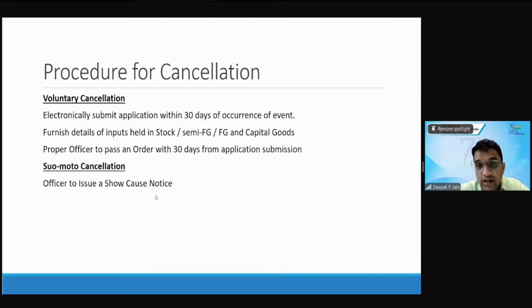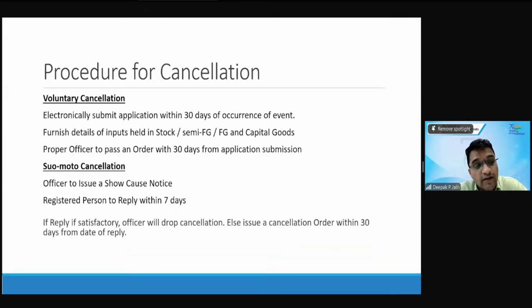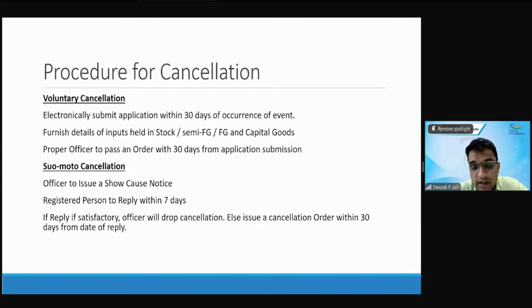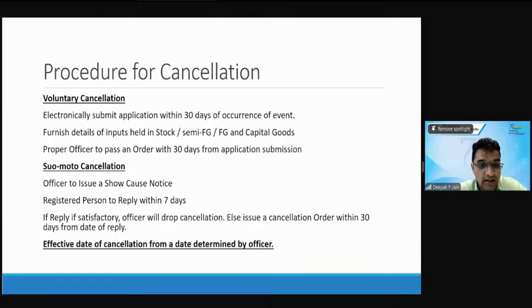So in suo moto cancellation officer will issue a show cause notice, क्योंकि वो कैंसिल कर रहा है। जैसे हमने कहा कि प्रिंसिपल्स ऑफ नेचुरल जस्टिस, अगर मेरा रजिस्ट्रेशन कैंसिल कर रहे हो तो मुझे अपॉर्चुनिटी तो दो। तो वो अपॉर्चुनिटी के लिए प्रोसीजर है कि उसे एक शो कॉज नोटिस देना पड़ेगा। Then registered person will have to reply within 7 days. आपको क्यों कैंसलेशन नहीं करना चाहिए उसके लिए आपको रिप्लाई करना पड़ेगा 7 दिन के अंदर। And if reply is satisfactory तो फिर वो कैंसलेशन ड्रॉप कर देगा। अगर वो सेटिस्फाइड नहीं है तो फिर 30 दिन के अंदर कैंसलेशन ऑर्डर पास करेगा। Effective date of cancellation from a date which is determined by the officer. अगर वो कैंसिल कर रहा है तो फिर डेट भी वो ही डिसाइड करेगा।